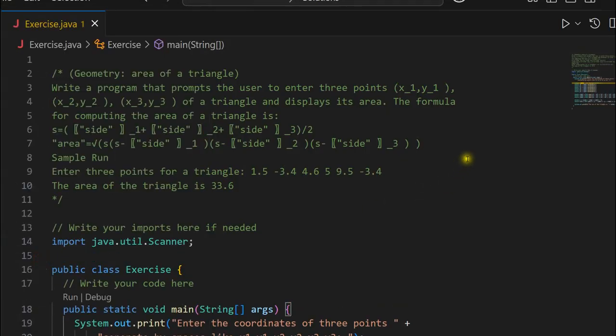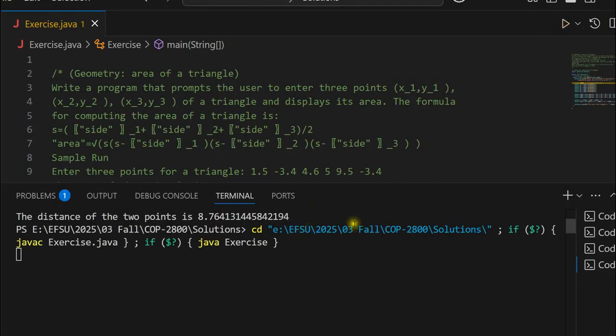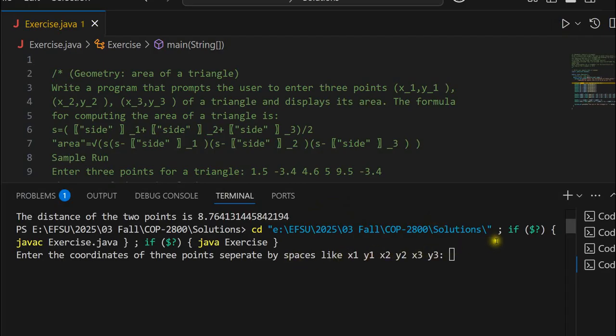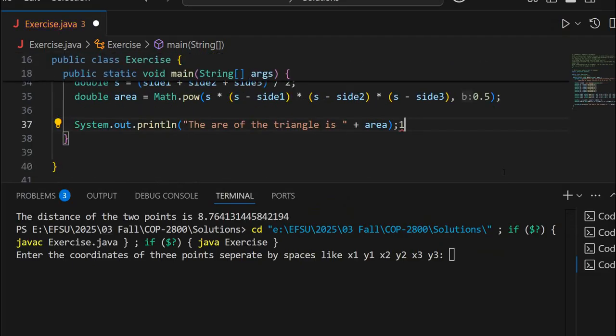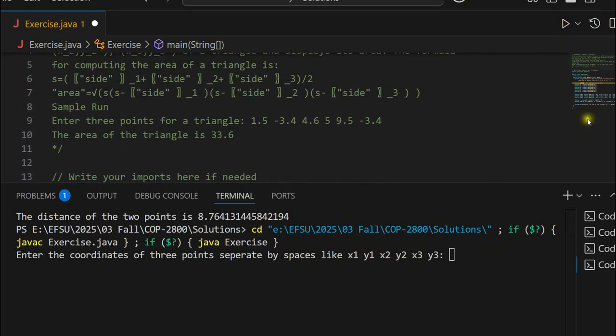You start using Control S and run it. So we need to do these 3 numbers. Oh no, that's not what we need. Get down here. 1.5 space -3.4 space 4.6 space 5 space 9.5 space -3.4. And let's enter,